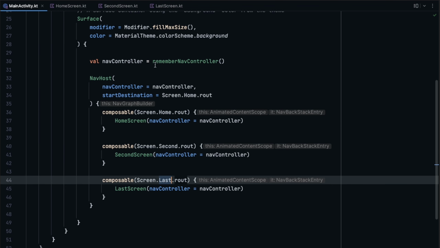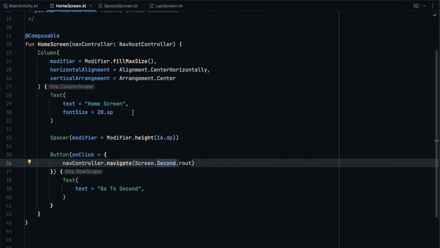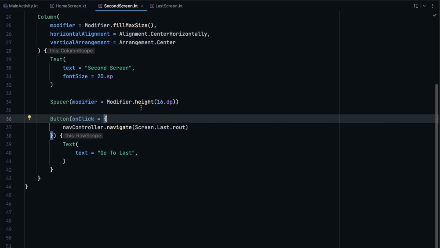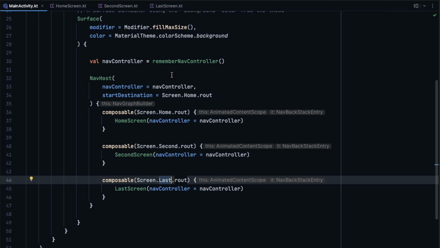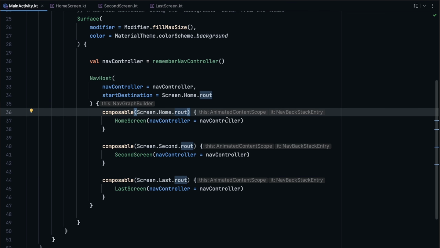Now the last thing we want to cover here is when we want to pass arguments. So for example, if I have some value, URL or whatever, a counter or something in my home screen, and I want to pass that to the second screen so that the second screen can show it or do something with it. How do we do that? That is done with arguments. So an argument is just something that I can pass through screens and it can be an int and a string or anything, any data type basically,